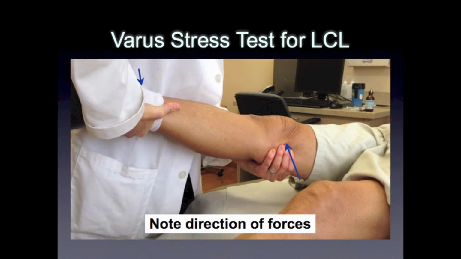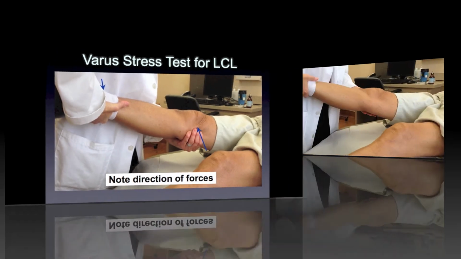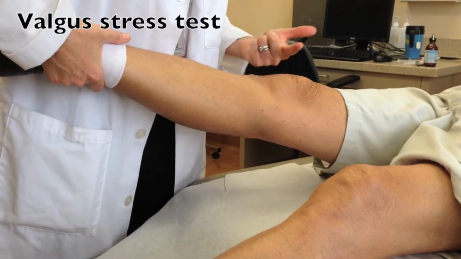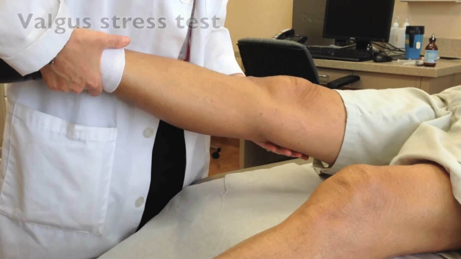In absolute full knee extension, where the knee is locked out and fully extended, it is difficult to perform these maneuvers due to the inherent bony stability of the knee in full extension. The knee should be flexed just slightly to unlock the knee and get a better feel for the competency of